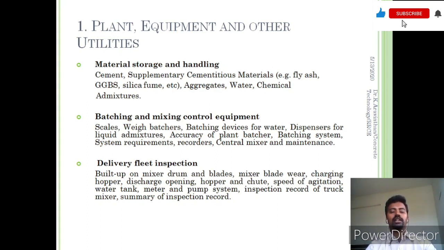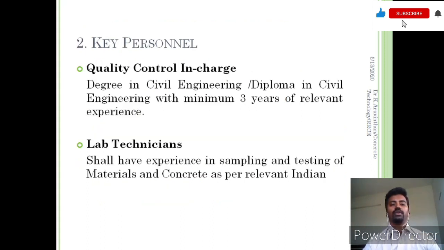A batching hopper is placed in order to weigh the batch, and you have to weigh all the ingredients including water, admixture, etc. After mixing, you have to deliver to a particular field, and for operating this ready mix plant you need a quality control in charge.